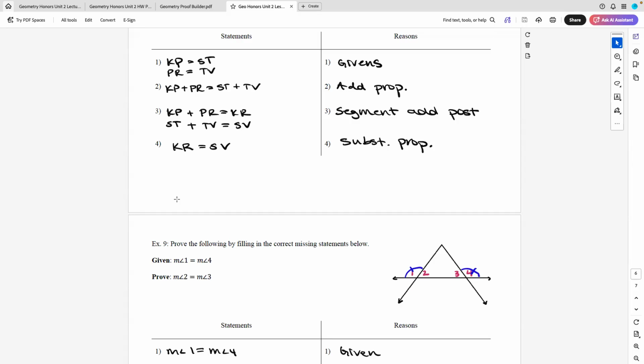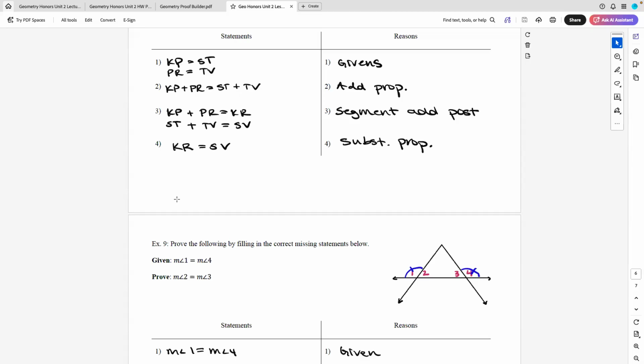So what's happened in example 9? 1 equals 4. Great. Is 2 gonna equal 3? Well, let's talk it out. What do 1 and 2 add up to, guys? 180. What does 3 and 4 add up to? 180. There you go. So I'm gonna have to make that statement that 1 plus 2 adds to 180 because